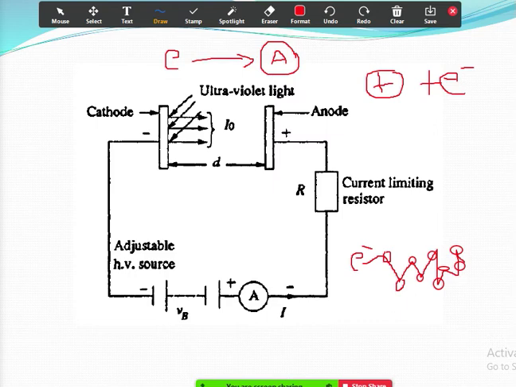So if the electron has sufficient energy, and if it collides, and if the energy is sufficient, then this atom will become an ion and an electron. So this atom will get dissociated, or this atom will become an ion, and it will give rise to an electron. So this is what happens in inelastic collision. That is the second kind of collision.